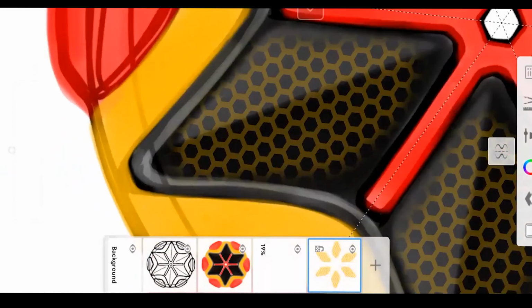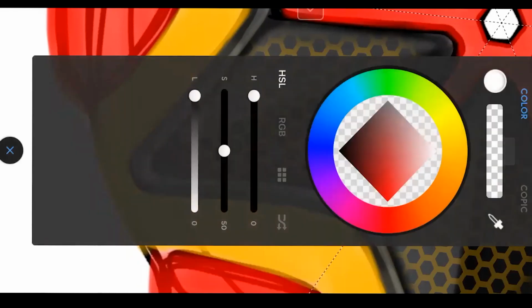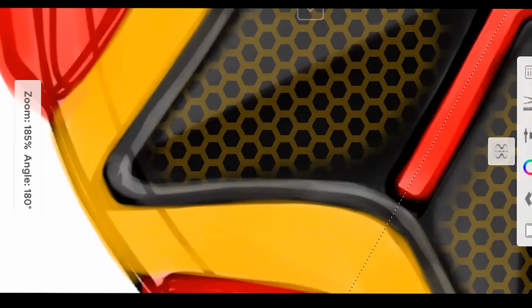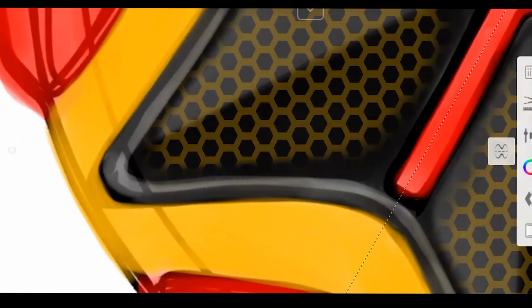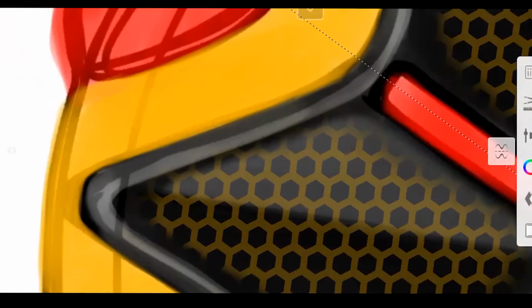So now I again unhid the layer. Now I will use the colorless thing again and erase some of the parts that are going outside the rim.